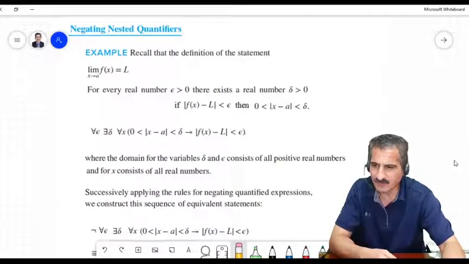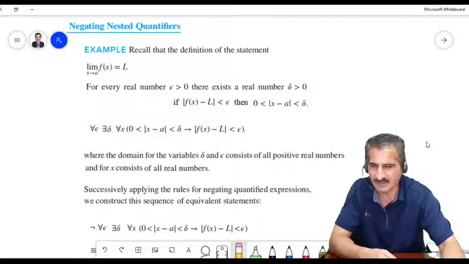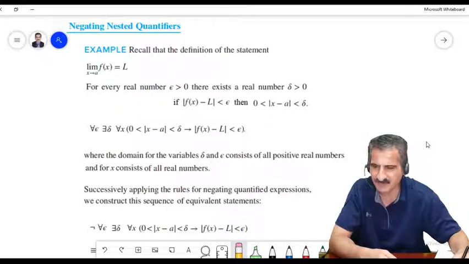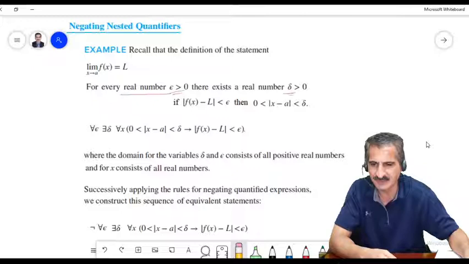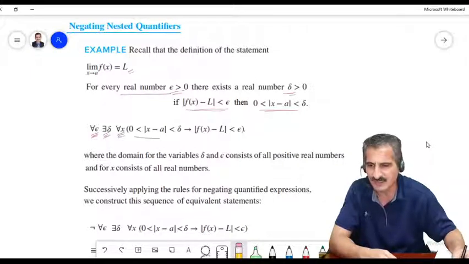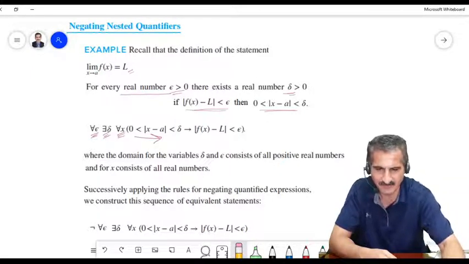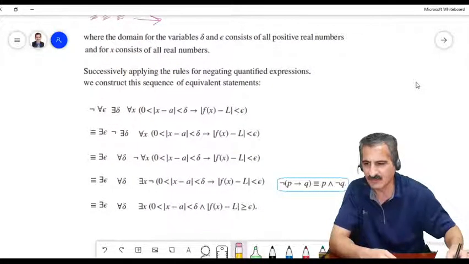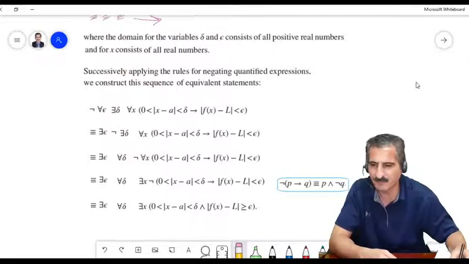If we want to execute that example on something that we know from calculus, it says the definition of continuity says for every epsilon greater than 0 there is delta such that |f(x) - L| is less than epsilon whenever |x - a| is less than delta, where L is the limit. So it says for every epsilon there exists delta such that for every x this is happening according to the definition of continuity. Now if we want to negate all of that, we will repeat the process that I have just showed you,